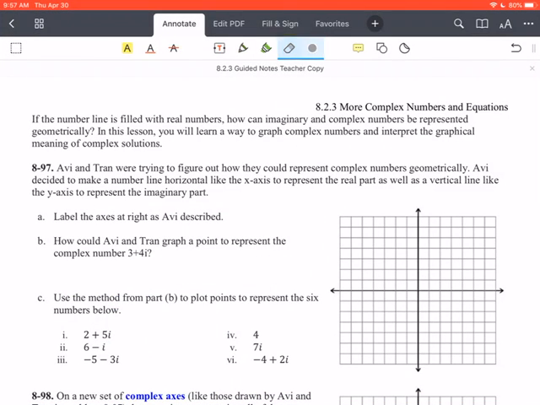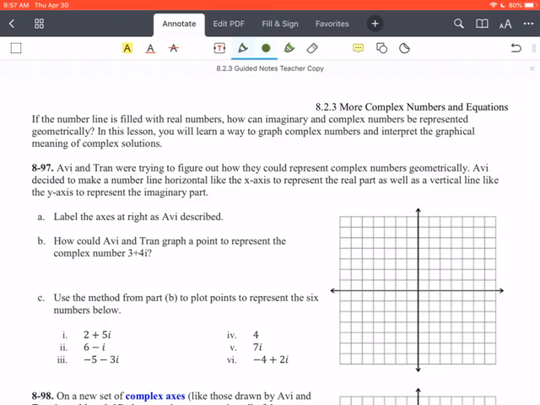Today we are going to look into graphing complex numbers and what that's going to mean when we look at both a real and imaginary component. So our introduction says, if the number line is filled with real numbers, how can imaginary and complex numbers be represented geometrically? So graphing. In this lesson, we are going to learn a way to graph complex numbers,